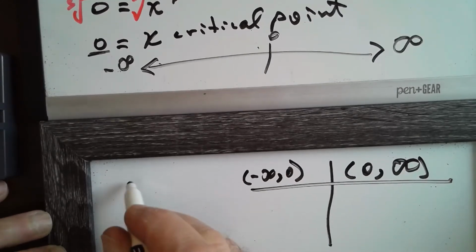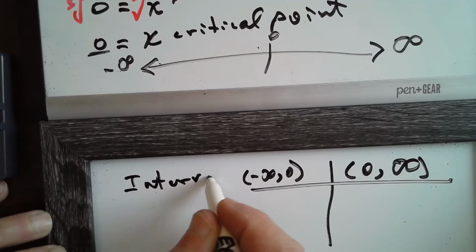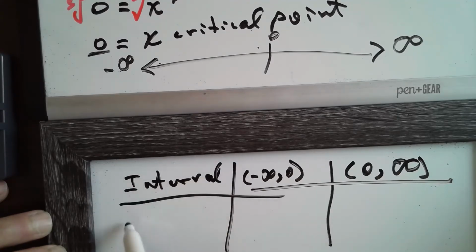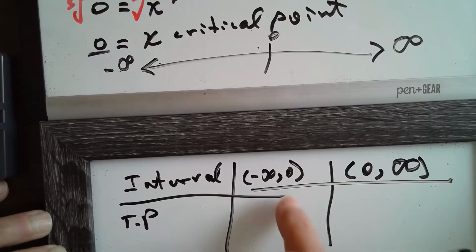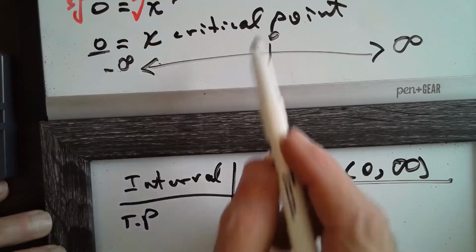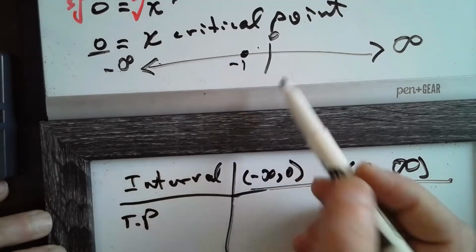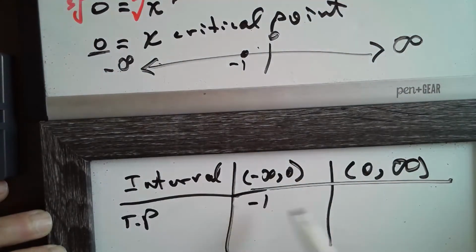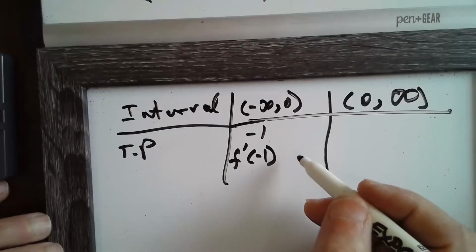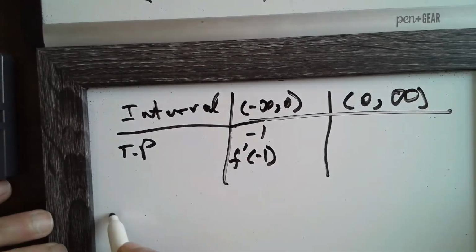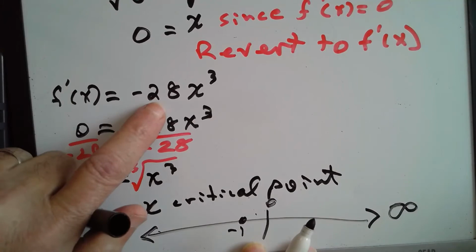So here's our interval. On our test point, since we can use anything, well, negative 1 is easy. So we're going to use negative 1 as our test point. And so we put that in our first derivative, and we see, is that going to be greater than or less than 0? So off to the side, we put negative 1 into our first derivative equation, negative 28x cubed,